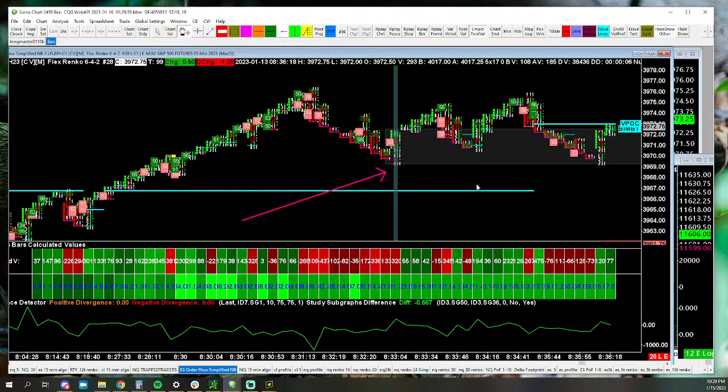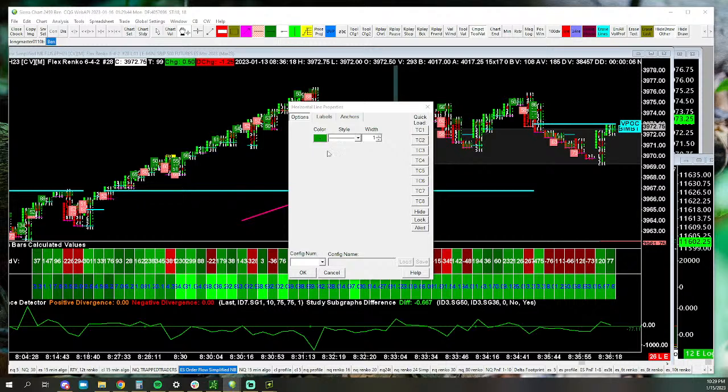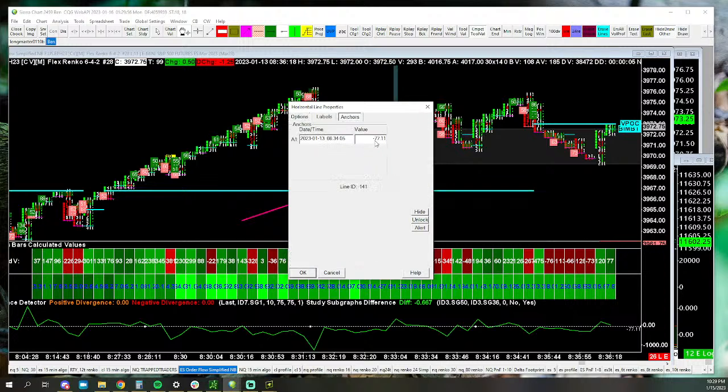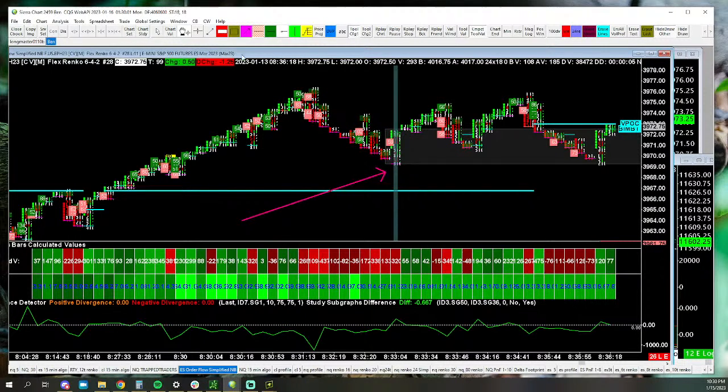And then what we, oh, I lost my zero line. I need that. Sorry. I forgot to lock that. So we're going to do that right now. We're going to lock this. And we're going to make it dotted. Okay. Oh, and I forgot to change it into a 0. It doesn't help much. Negative 77 or whatever it is. 0. Okay. All right.